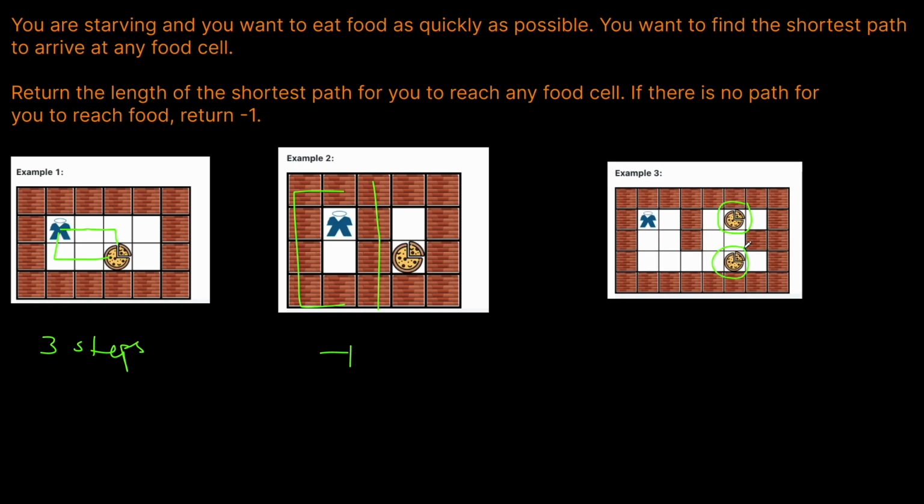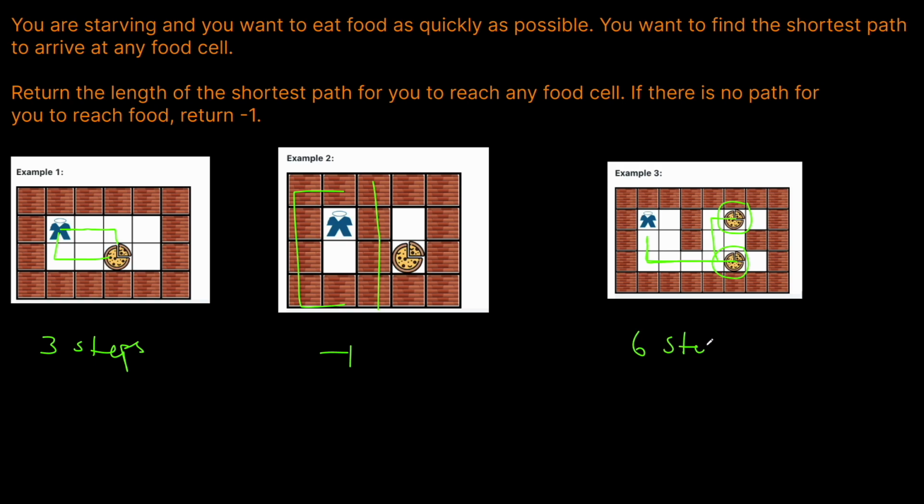So it doesn't matter which one we go to, we just want to go to the one that's actually closer. So I guess it does matter which one we choose as long as it's the shorter one. So it's going to take 1 tile to get here, 2, 3, 4, 5, 6. And if we wanted to go to the other one, it would take 1, 2, 3, 4, 5, 6, 7, 8. And we can go through the other paths, but this first path that we took is going to be